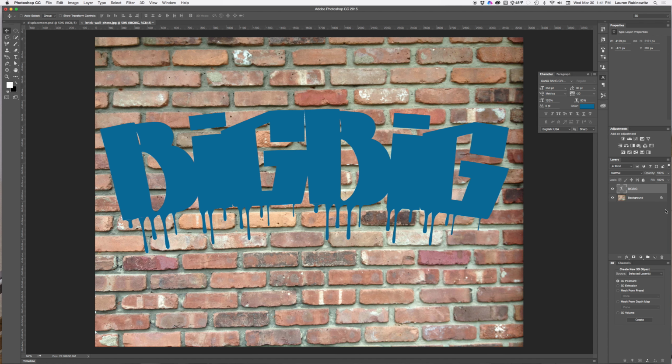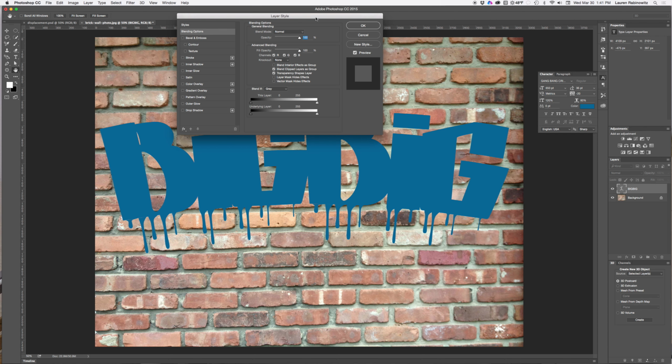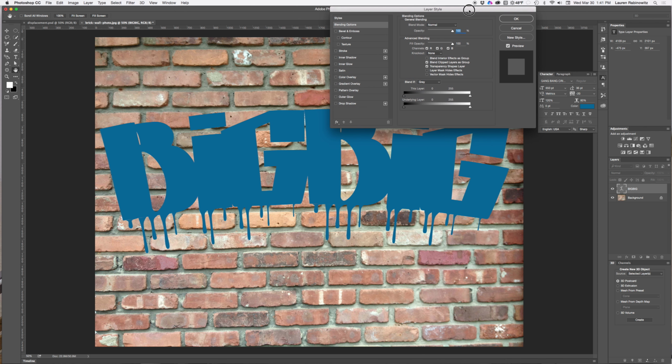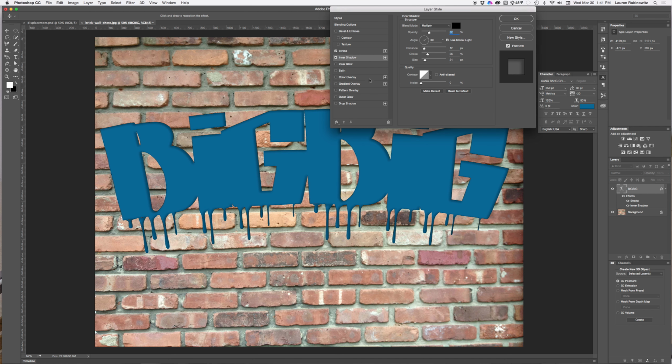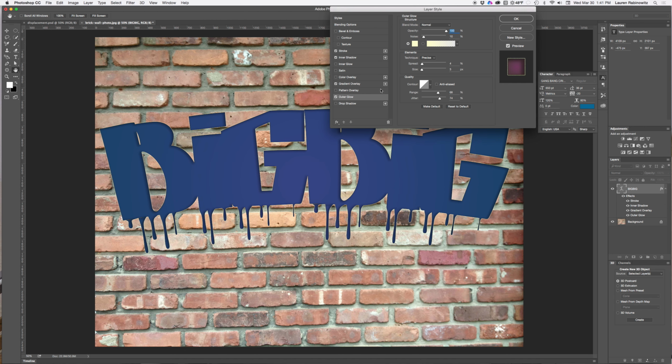So now I'm ready to apply some layer styles to this. I can apply layer styles by double-clicking on the layer. To open up the layer styles panel, I'm just going to push it over here so I can see what I'm doing while I work. And the layer effects that I'm interested in applying to the lettering I've put in there so far are stroke, inner shadow, gradient overlay, and outer glow. I'm going to have to go into each one individually to adjust that particular style to make it look the way I want to. For stroke,